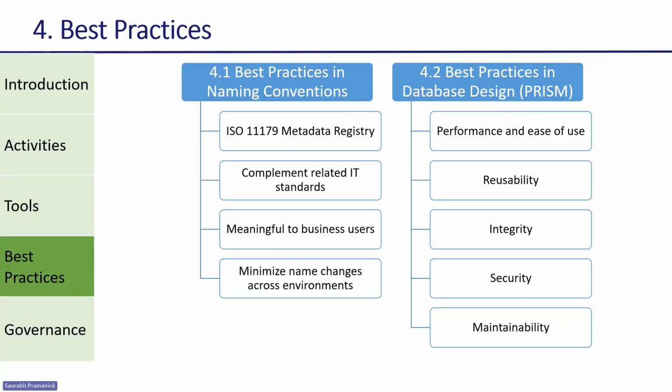Now, there are certain best practices when you are creating your data model. For example, you can use the ISO 11179 metadata registry. It is an international standard that provides details on the naming conventions and definitions that should be used. When you start using it, you standardize. You do metadata standardization as an exercise, and that gives you a lot of these guidelines. Otherwise, you have a customer name and the definition is just name of the customer. But if I use ISO 11179, then I can say